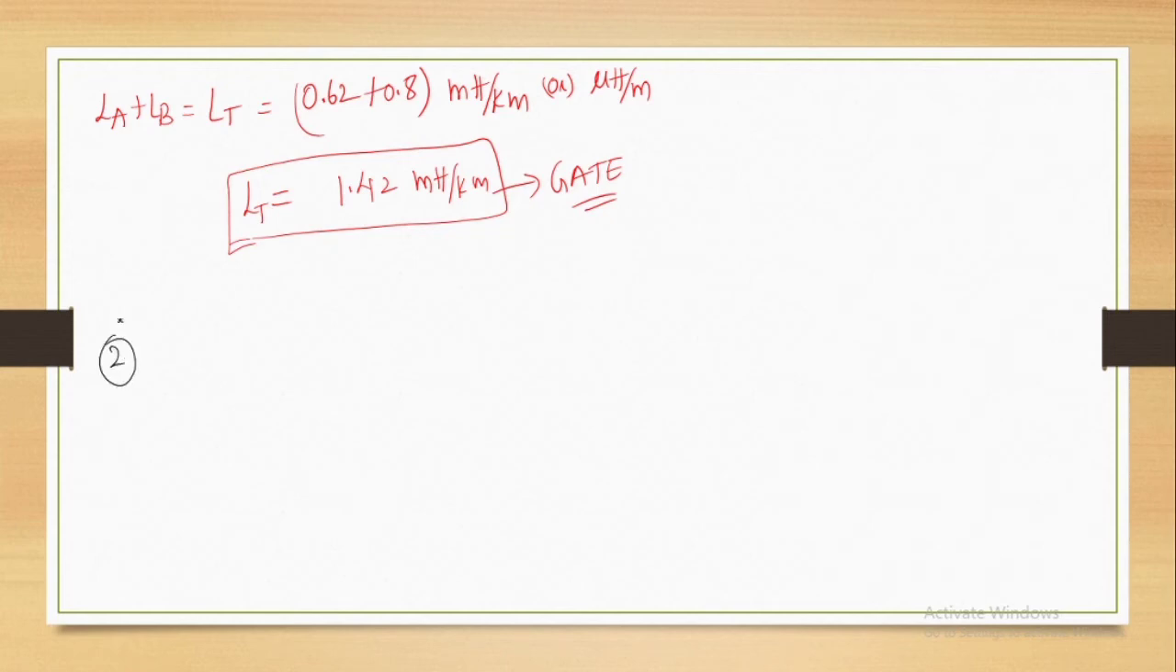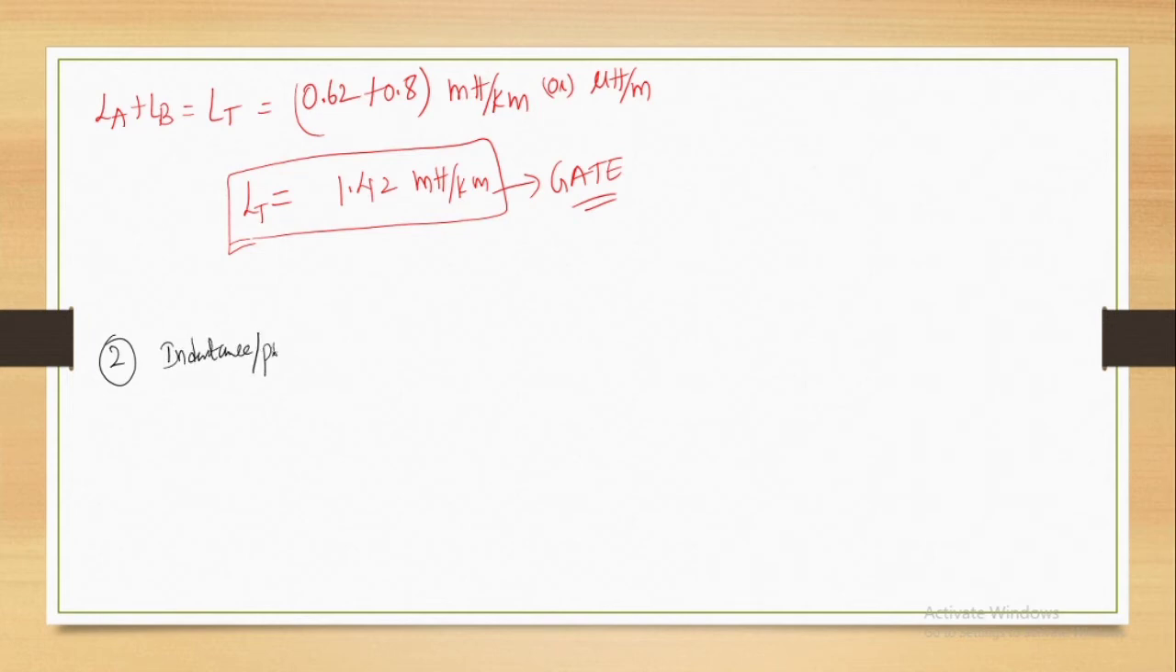Determine the inductance per kilometer of a transposed double circuit three-phase line. Each circuit of the line remains on its own side. The diameter of the conductor is 2.532 centimeters, right? So what we need to find is inductance